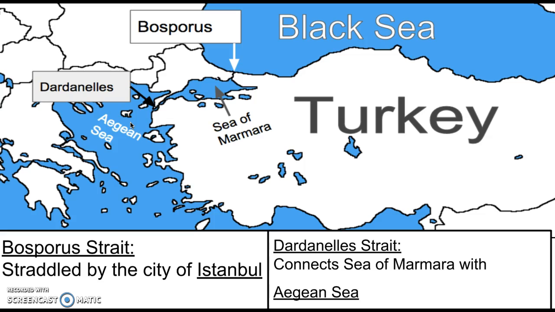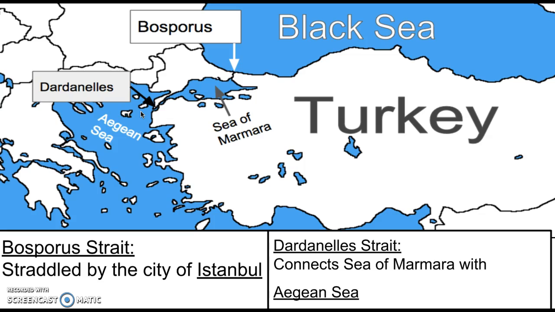These two straits combined give Turkey quite a lot of leverage and power when it comes to controlling trade. If you're a country with access to the Black Sea, the only way to get your goods out through shipping is to essentially pay a tax and come out through these two straits controlled by Turkey. That brings in a lot of revenue, and Turkey is one of the countries with a higher GDP in this entire region.